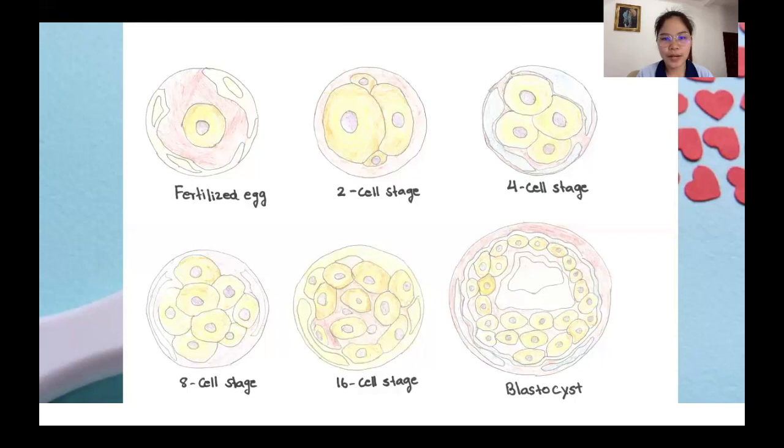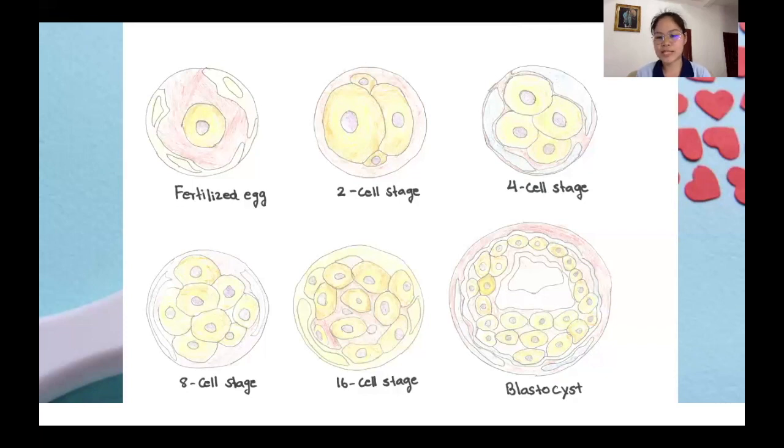Okay, here is the second picture. We can see that it is the two cell stage. Where does the two cell stage come from? It comes from the fertilized egg. In the fertilized egg, you can see there's a small egg inside it, and from one cell it will divide into two cells, and it will keep dividing, doubling, from 2 cells to 4 cells, 8 cells, 16 cells, and